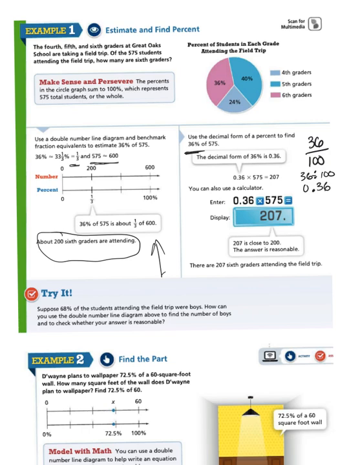Then you can simply, as they did, multiply this and get the exact number, where 207 6th graders attend the field trip. So you'll notice your estimate is very close to your